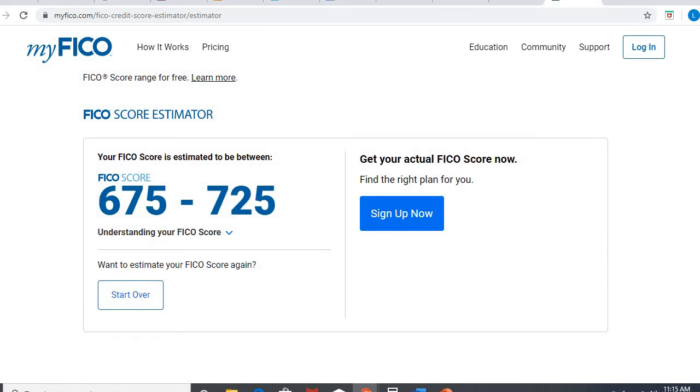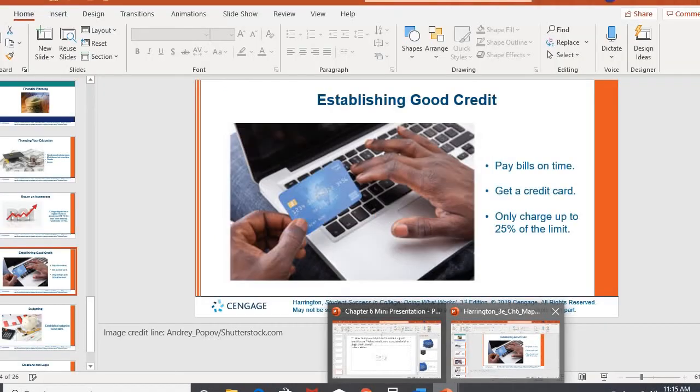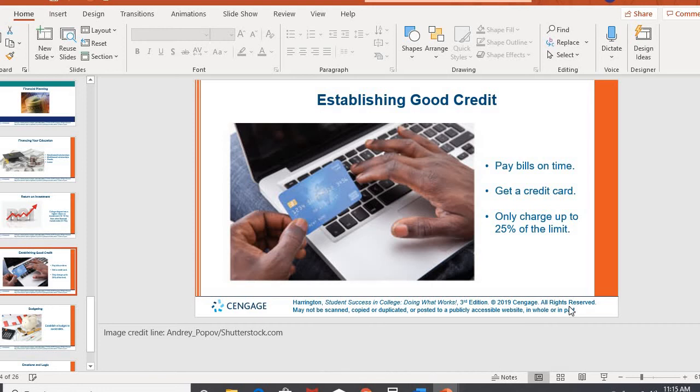Some ways that you can establish or raise your credit score is to obviously pay your bills on time. If you have student loans out, you can start paying on those right now. You can pay $10 a month. Even that, because after 6 months, that shows a credit history. So if you don't have any credit, you could get a small credit card in your name, even if it's a $250 limit, and just put gas on it. And then at the end of every month, make that payment.